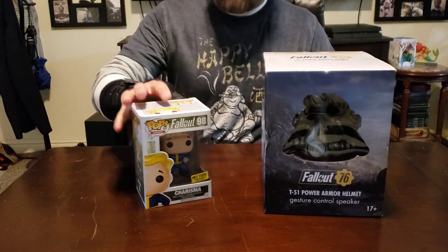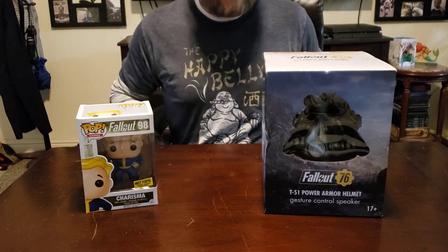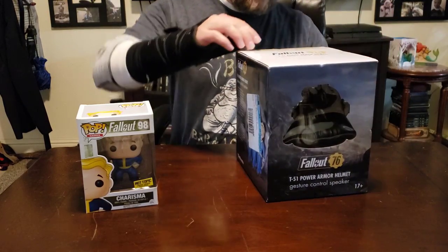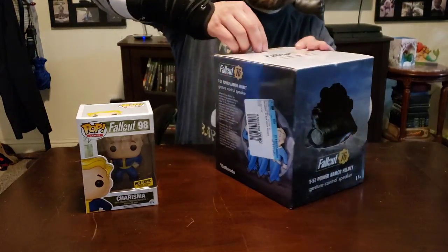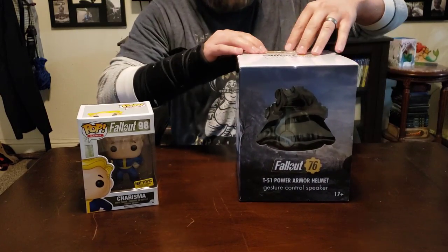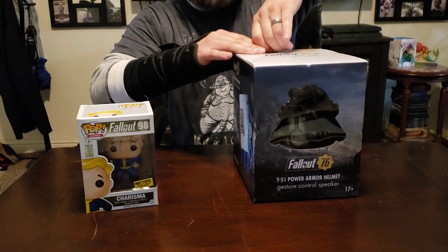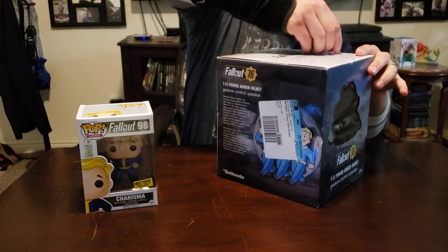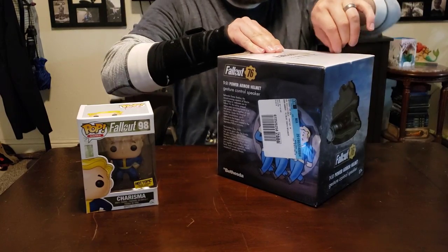Do a quick unboxing. I got a Pop Vinyl here for a size reference. These guys were on sale for 50 bucks today at Best Buy, normally 200. The reality is there's not really any unboxing videos, just promotional video. And maybe it's just because nobody wanted to pump out the 200 bucks